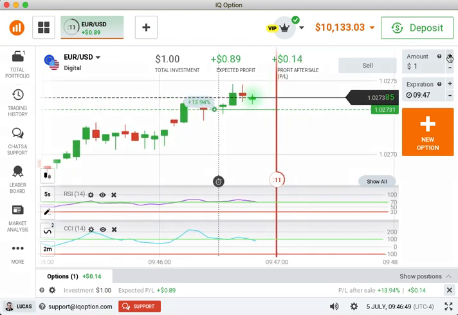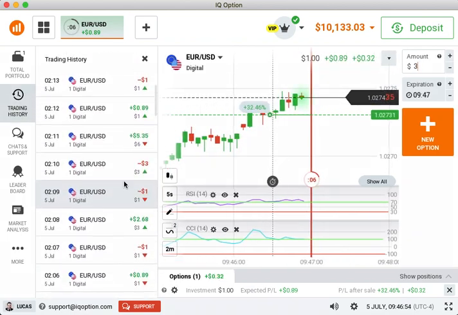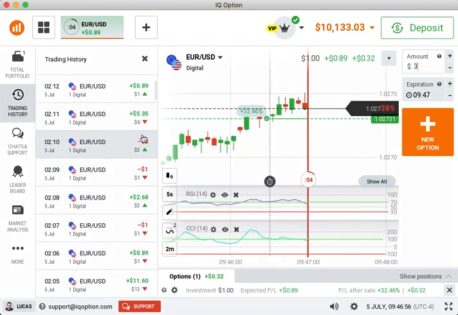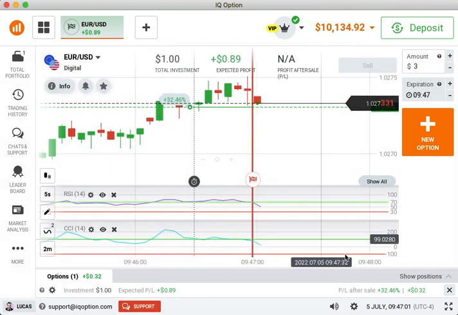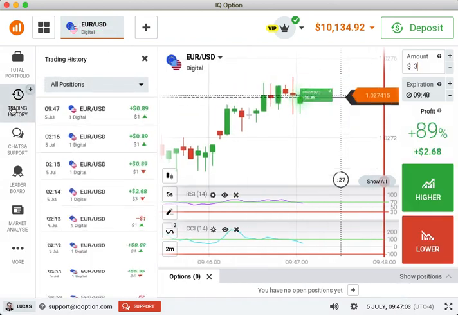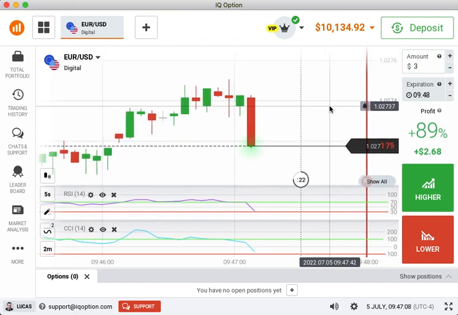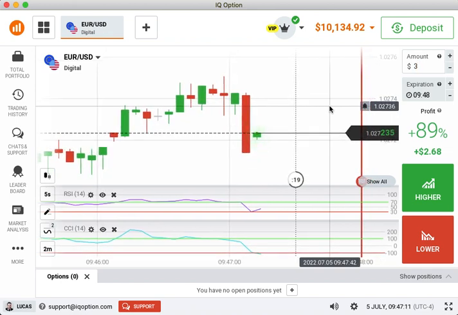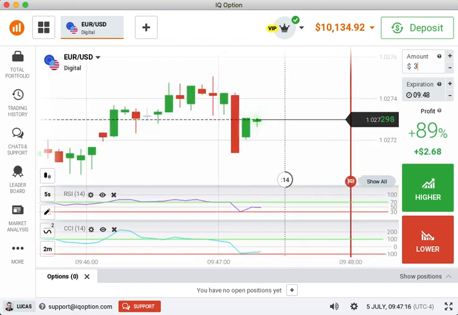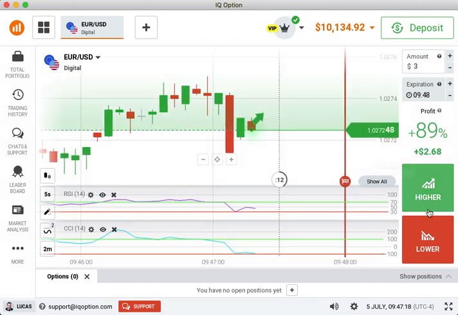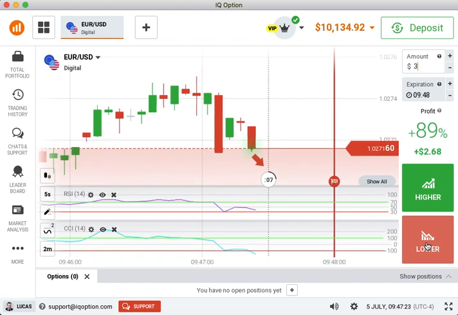It's easy, very simple. And you have to understand that this method works in a way that even if you lose, we have a remedy to combat that. We have ways to combat that. Right, we'll trade for 1 hour. We made our first trade at 9:47, so we'll finish at 10:47. Or it doesn't have to be an hour. We could trade for as long as we're satisfied, as long as I feel as if this video is of good length, right? So yeah, one video at a time, one day at a time.